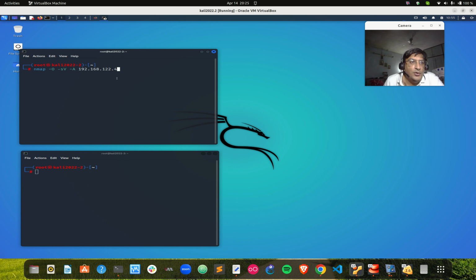So here we are going to use nmap command with -O, which is used for finding the operating system type, -sV to find out application running on open ports on target, and -A means whatever the scripts are available for particular open port or particular service, it will run with this command to find more details about the services and ports. So let's start with nmap -O -sV -A and